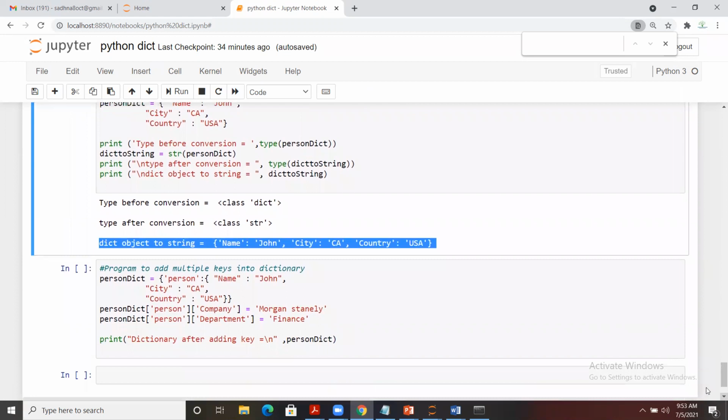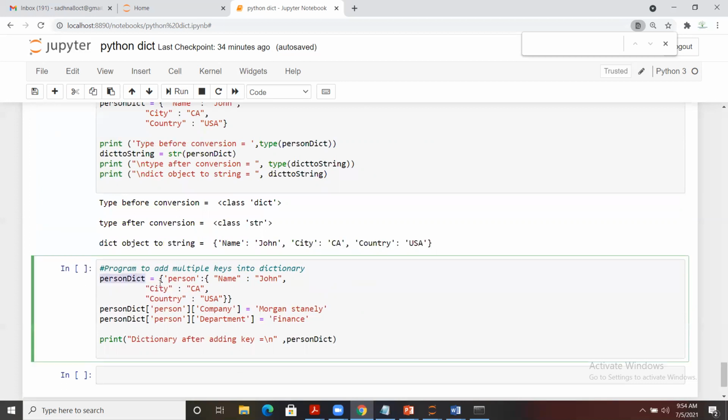Now what is next? A program to add multiple keys into a dictionary. In case we want to add multiple keys, yes, we can do that as well. Here we have a person dictionary, in which we have person, city, and country as key value pairs. In person, I already have name as John.